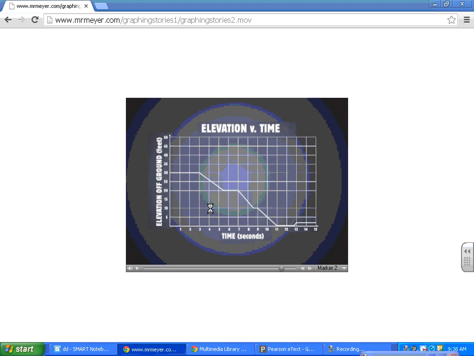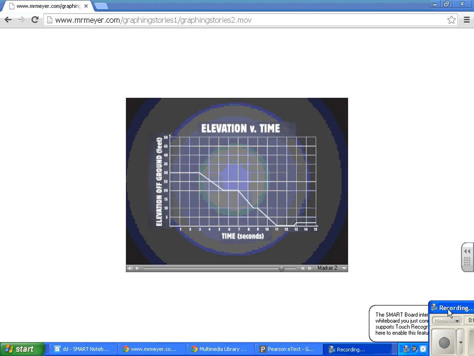Very easy to interpret this when you see it happening in real time, but not as much when you have the graph in front of you and you don't have a video to go along with it. But being able to interpret these kinds of graphs is important for this section. Okay, so going back to